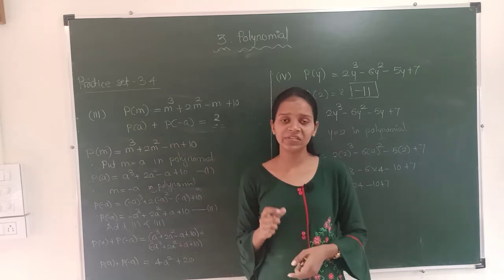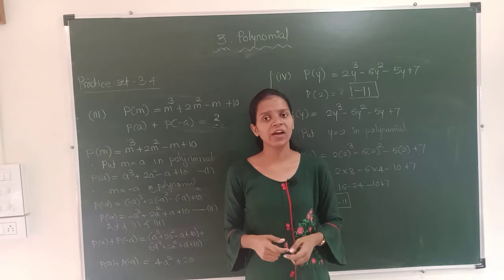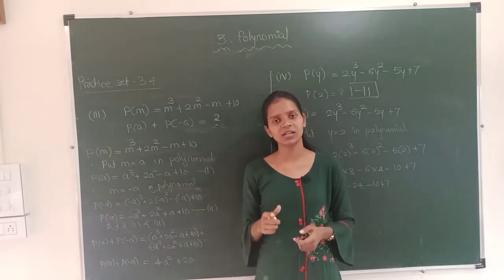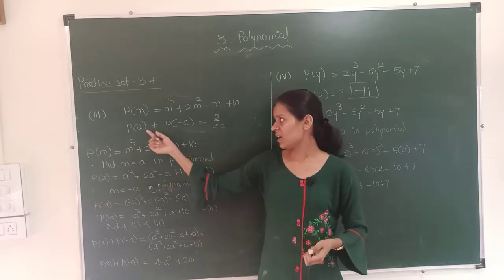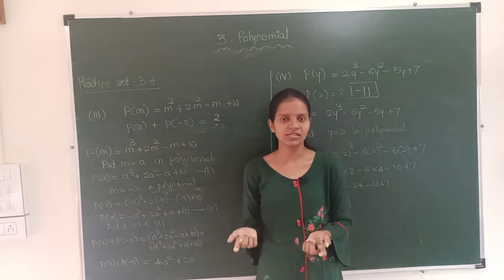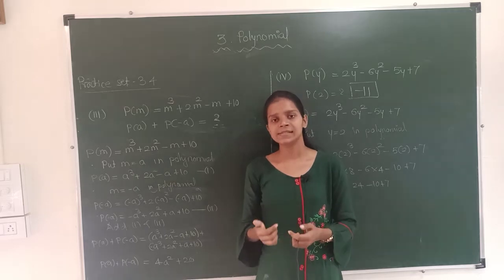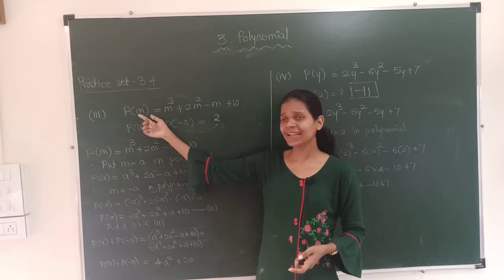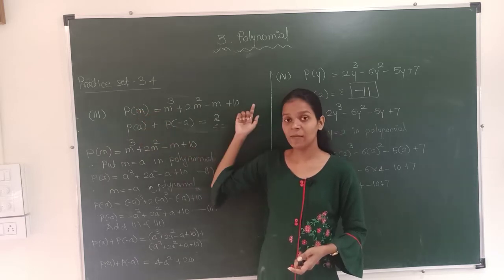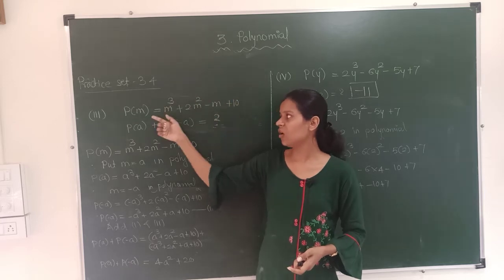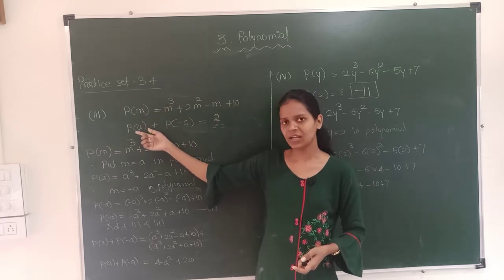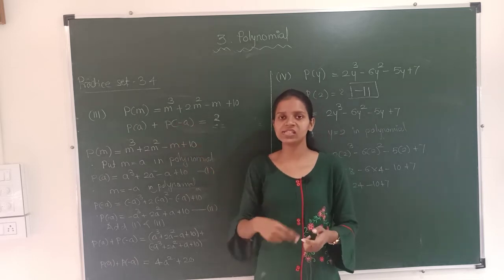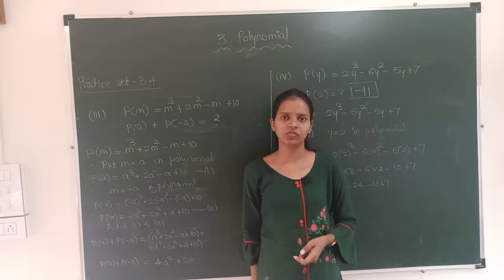See, the example is a bit tricky, as in the definition I have told you, if we replace the variables in the polynomial by any constant number, then we will get the value. And now they are asking for A and minus A and the summation of these two polynomials, okay? See, I will explain. Firstly, what we have to do, we have to replace the m. M is the variable in the polynomial, so we have to replace it by A at first, and then we will replace it by minus A. We will get two equations, we will add two equations, and we will get the value of this.